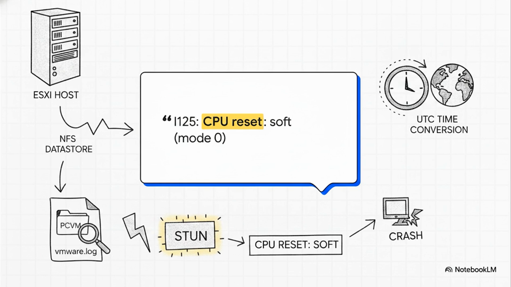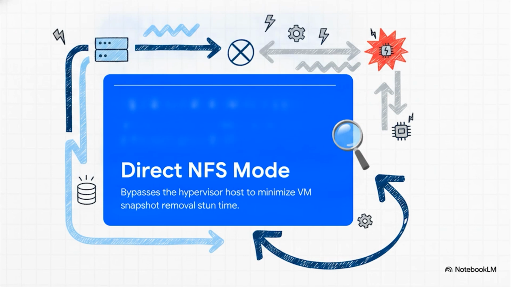to the backup schedule. Now, what if you're backed into a corner where a third-party backup was already in place and you just need to stop the bleeding while you migrate to the supported PCBR method? The exam-relevant mitigation strategy here is Direct NFS Mode. Backup vendors like Veeam, for example, actually recommend using Direct NFS Mode to bypass the hypervisor host entirely. Doing that significantly cuts down on that deadly snapshot removal stun time that causes all those soft CPU resets we